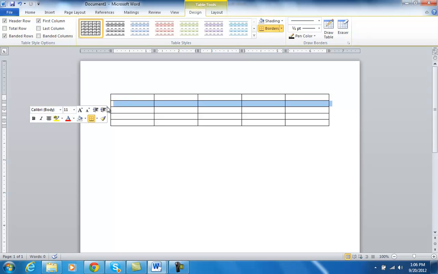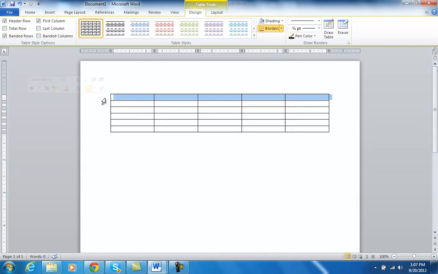If I click on the outside of the row or the column and my I-beam turns into an arrow, that means I'm in the selection bar, and I can click and it will select it. I can click all the way down, or this handy thing right here will select the whole table. When I get to the very last cell of a table, if I press Tab, it'll add a row for